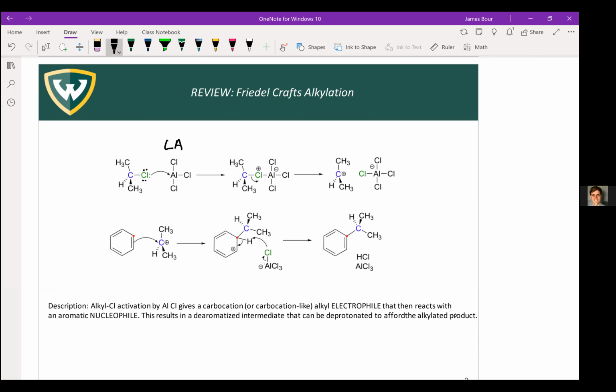and aluminum tetrachloride counterion. This electrophile, we'll give it the E+ designation when we're identifying electrophile and nucleophile, reacts with our nucleophile partner, the arene. This results in a de-aromatized intermediate, which then undergoes deprotonation to re-afford the aromatized product. So the description of this reaction, some people like word descriptions. We have alkyl chloride activation to give a carbocation, or if primary,